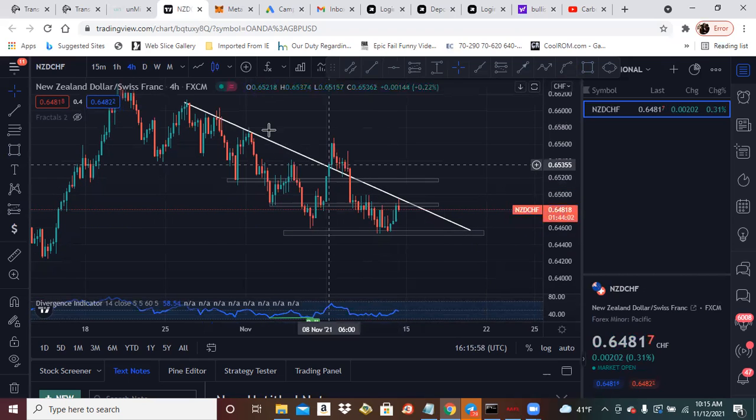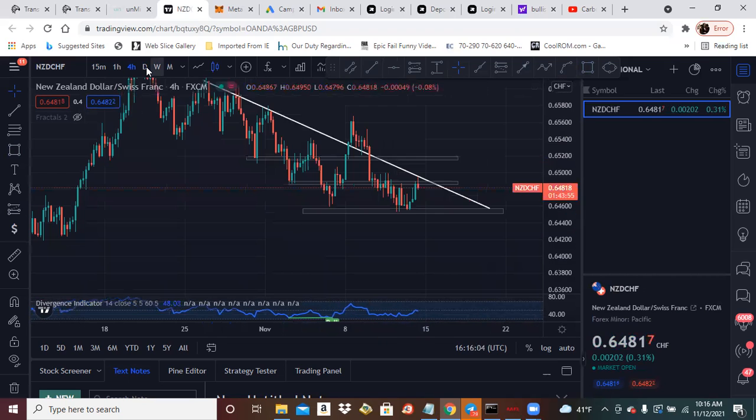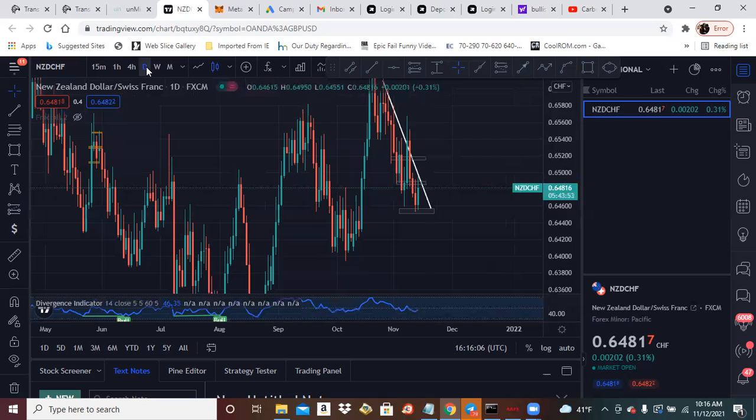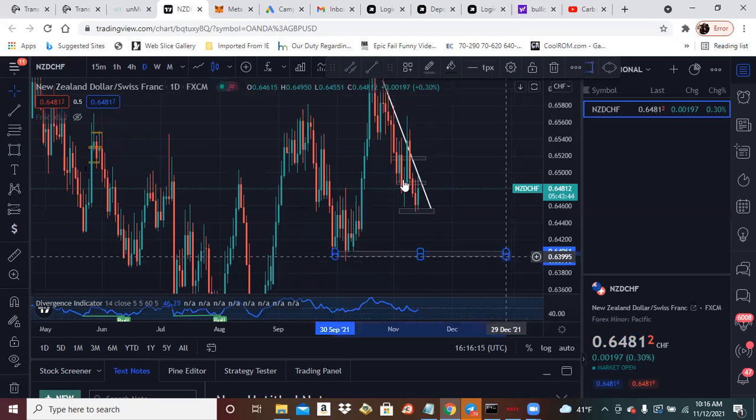We got rejection off that trend line from this pullback. This could possibly continue down. It could just be a pullback and then drop, because I feel like New Zealand's been very weak. So I feel like New Zealand Chef is ready to touch these structural lows the way it was moving